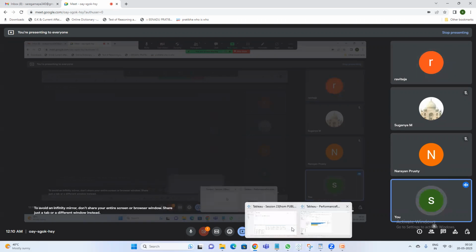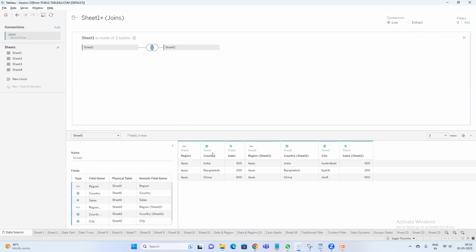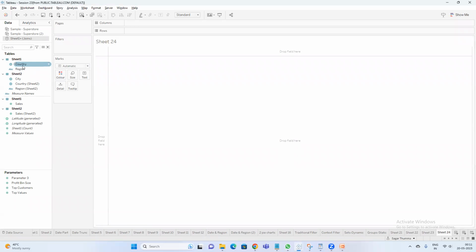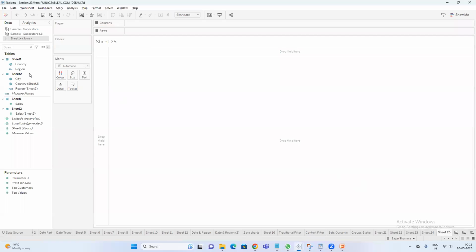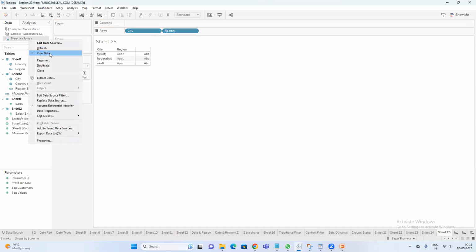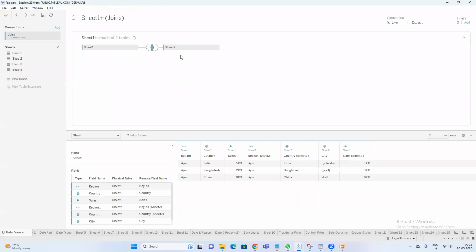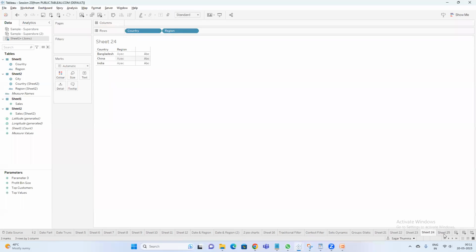No, actually, what I'm trying to tell is, in this case, I have joined and got these two tables together, right? Let's say in the sheet, I'm using only the columns from sheet one. In this case, Tableau won't write that join condition. Why? Because I'm taking data only from this one. In another sheet, I might use data from both the tables. In the background I need to keep this join, but while doing these things at the sheet level,